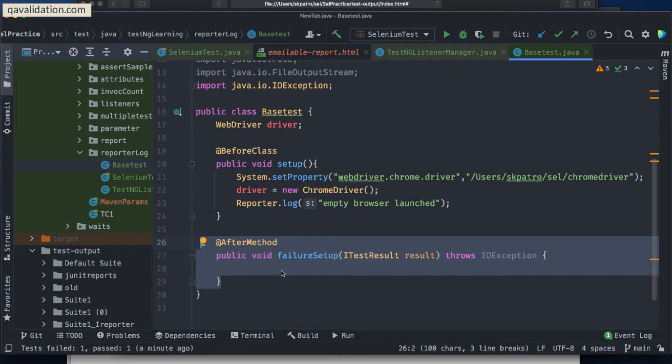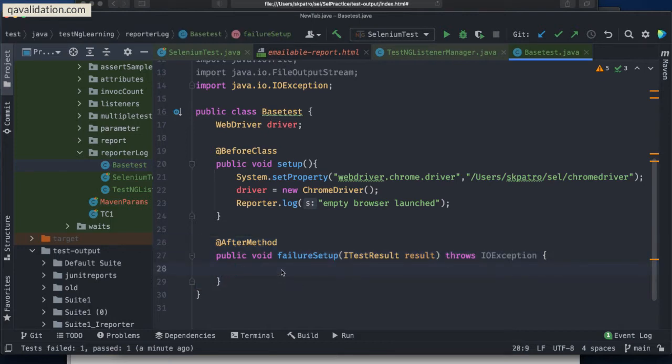Now how do I make sure that my test cases are failing? There has to be some mechanism, right? So for this reason, you can observe here I have created one parameter. It's a default, actually. You can utilize ITestResult as an overloaded method here, so you don't need to do any setup. You just need to use this particular variable.